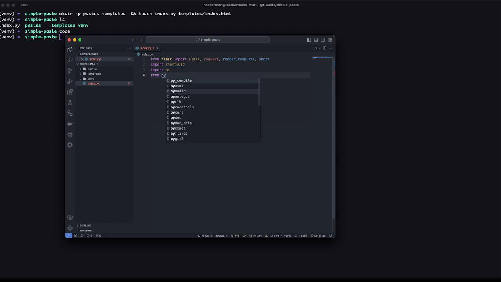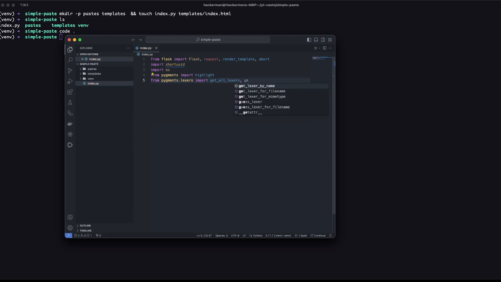And from Pygments, we are going to import highlight, and we are going to import all the lexers, get_lexer_by_name, and from pygments.formatters import HTMLFormatter. So now we're going to instantiate our app,